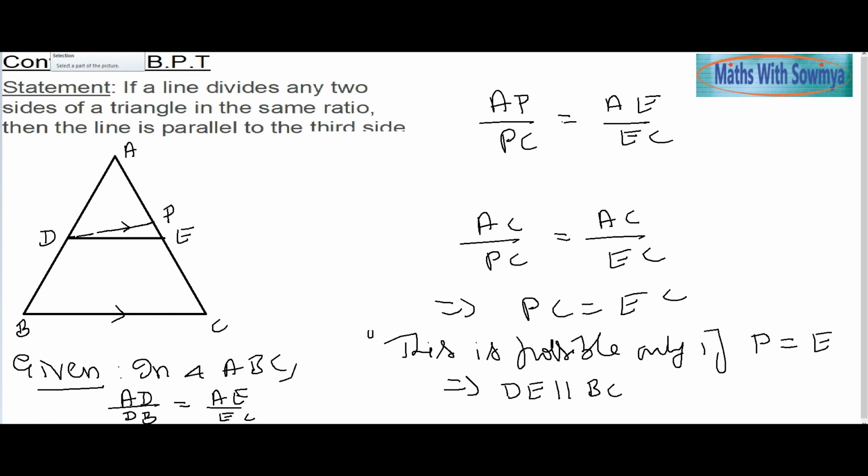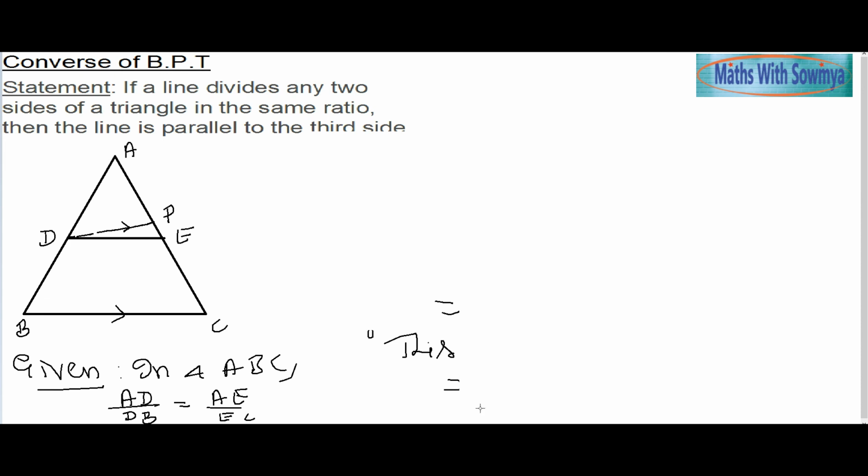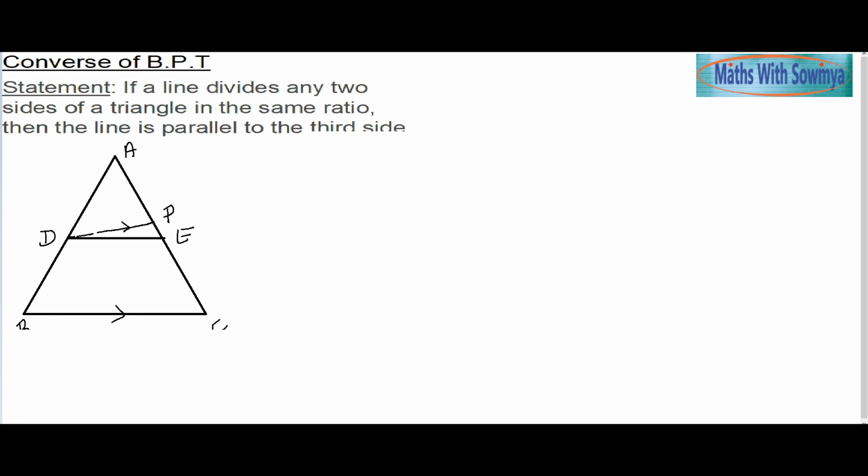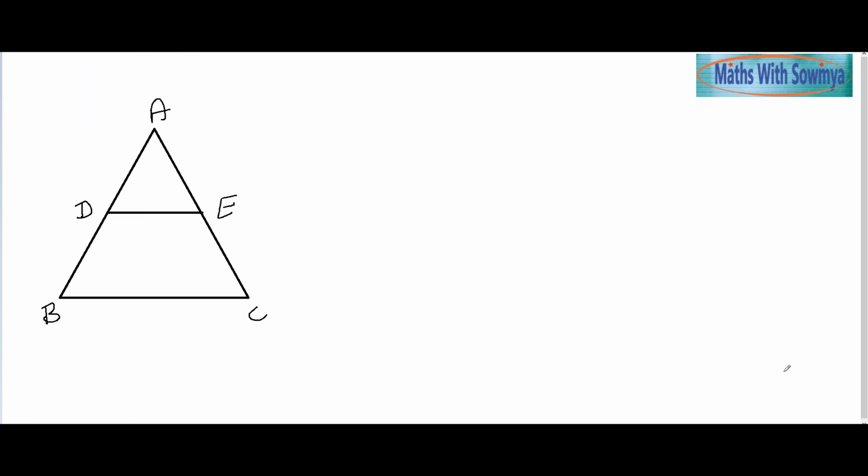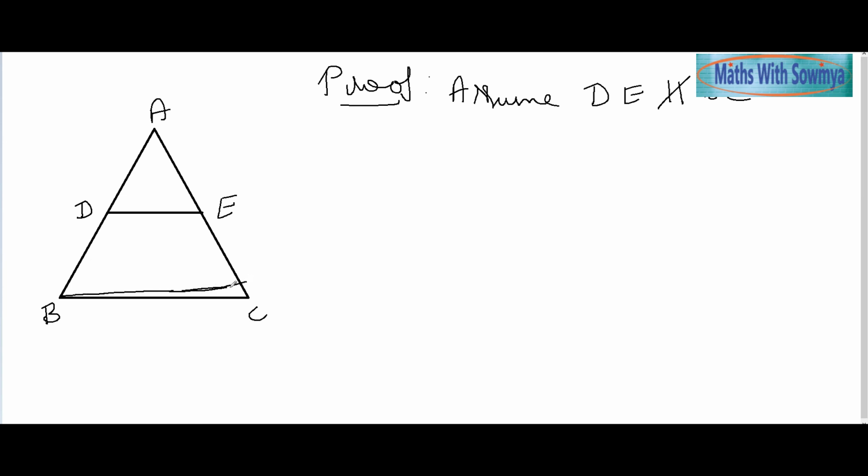We can prove this in this way easily. There is one more method to prove the same. Let us see that also, which will be simpler than what we just did. Same converse with a different method, given and everything will be the same, only the proof will be different. Here I assume the same: assume that DE is not parallel to BC. Instead of DP, I take a point, BP, I am going to take.